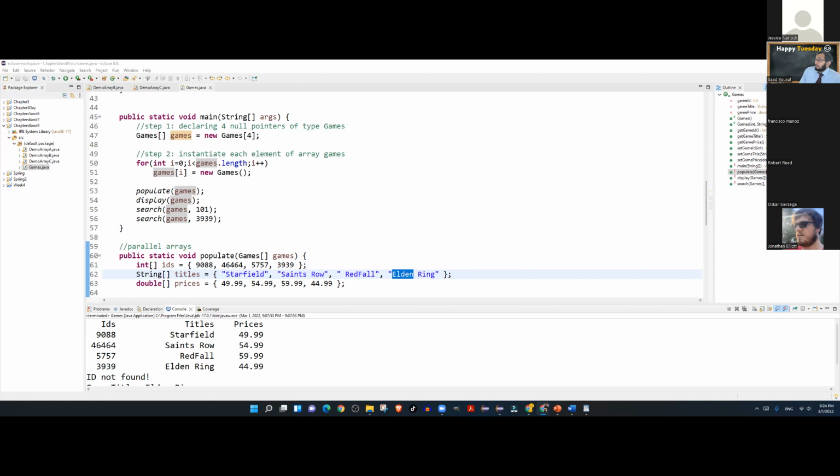So pretty much everything that would be in our main public static void main, we would get rid of. No, everything else will carry over. The only thing is that you will modify your main. You'll not get rid of everything in the main. You'll modify your main to make it work with an array of sales objects.